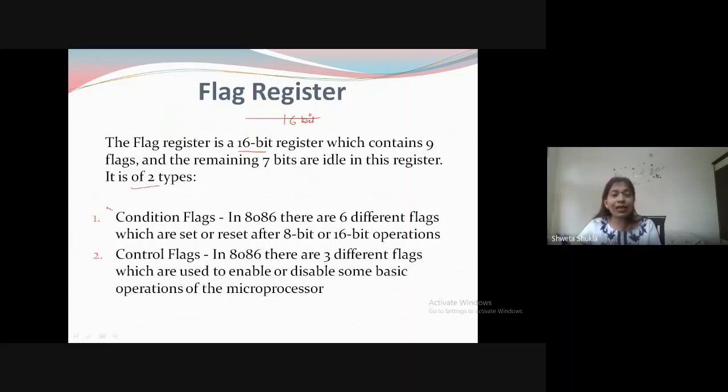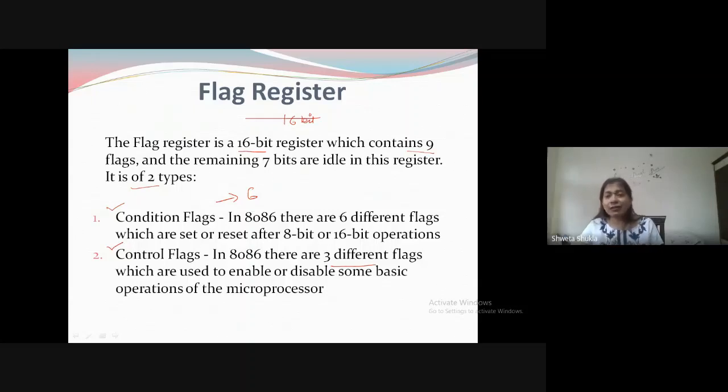The first one is called condition flags and the second one is called control flags. There are 6 condition flags and 3 control flags. So in total we have 9 flags in the 8086 microprocessor.